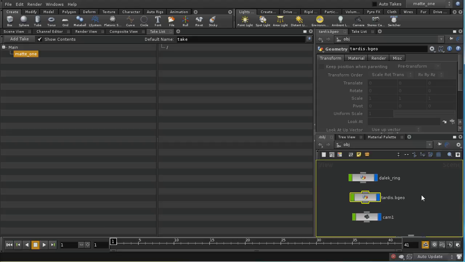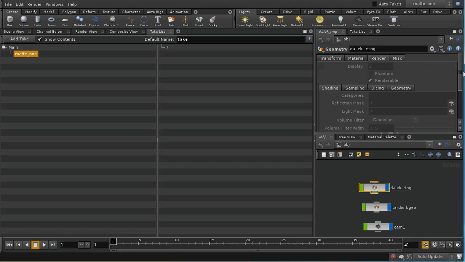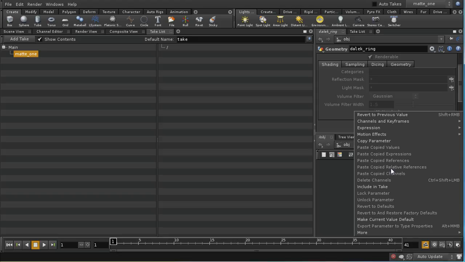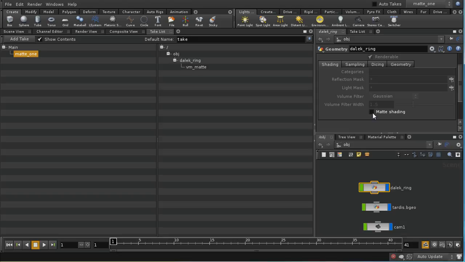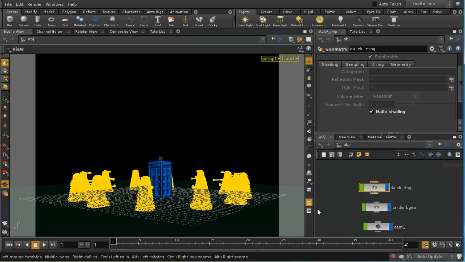And let me go on to our objects. And I'm going to take our Daleks, like so. And if we have a look on the render tab here, at the bottom of the shading subtab, there's something called matte shading. So let me include this in the take and then select it, and we'll see what that does. So it won't have any effect to my scene view, but if I render, and I must make sure